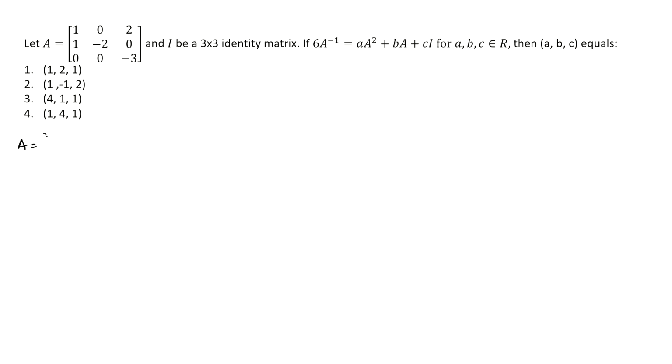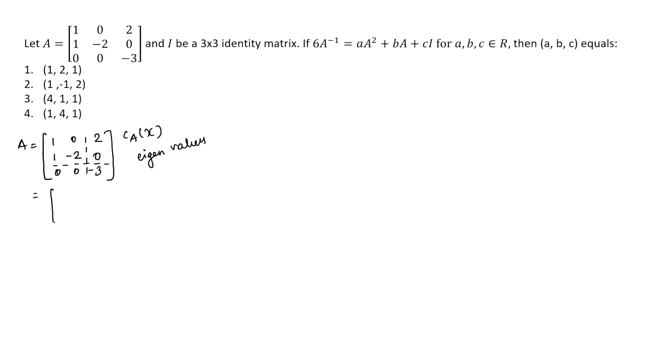The matrix A, which is given to us as [1, 0, 2; 1, -2, 0; 0, 0, -3], is a 3 by 3 square matrix. Alright, so now to proceed further, first of all, let us find the characteristic equation of this matrix. To find it, we will require the eigenvalues of this matrix A. So, observe this matrix A, we can divide it into some blocks.